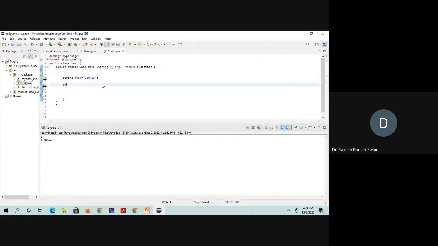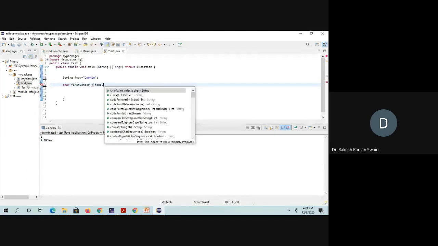I declare a char, the name is firstLetter. You can give any name. Then I call the method charAt. But this method is for the string, so using the string object, you can call the method. The string object is food. So food dot, the method is charAt.